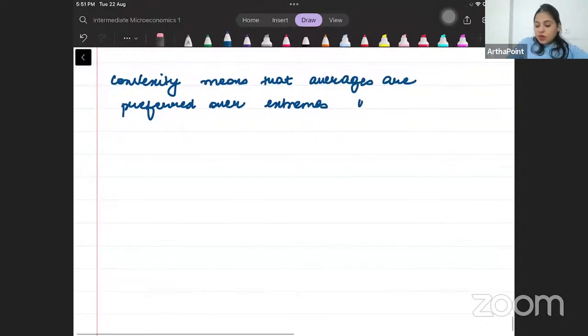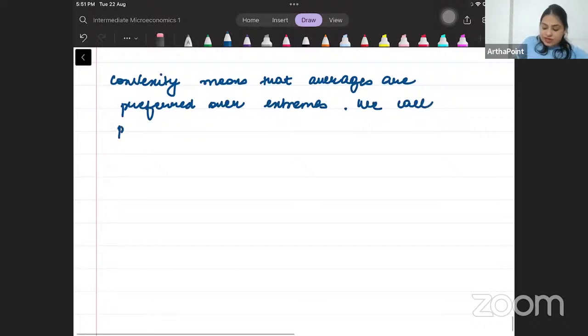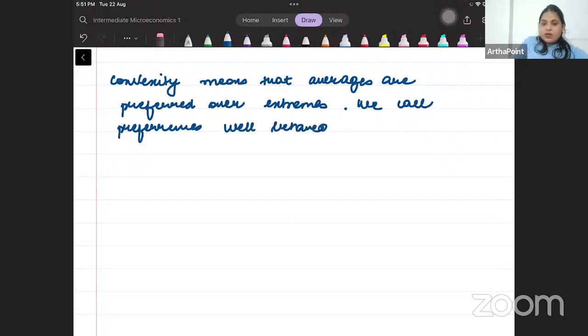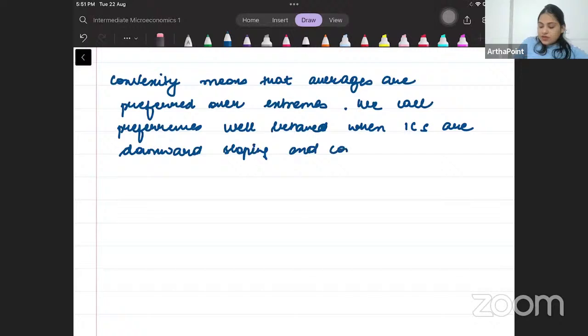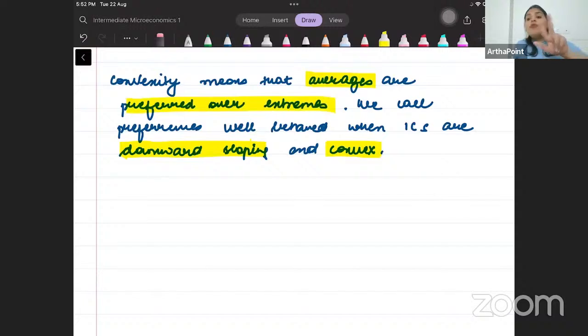इसको continue करो. We call preferences well behaved when ICs are downward sloping and convex. बेटा डाउनवर्ड स्लोपिंग क्यों हो रही थी? मोनोटोनिसिटी की वजह से। हमने ऊपर प्रूफ किया कि इट विल बी अ लाइन विच इज डाउनवर्ड स्लोपिंग, वो मोनोटोनिसिटी से था। एंड नाउ वी आर सेइंग दैट इट शुड आल्सो बी कॉन्वेक्स। कॉन्वेक्स का मतलब क्या है कि एवरेज शुड बी प्रेफर्ड ओवर एक्सट्रीम। और अगर ये दोनों प्रॉपर्टी सेटिस्फाई हैं कि आईसी डाउनवर्ड स्लोपिंग भी है और आईसी कॉन्वेक्स भी है, तो उस आईसी को वेल बिहेव्ड बोलते हैं, राइट? इट इज कॉल्ड एज वेल बिहेव्ड।